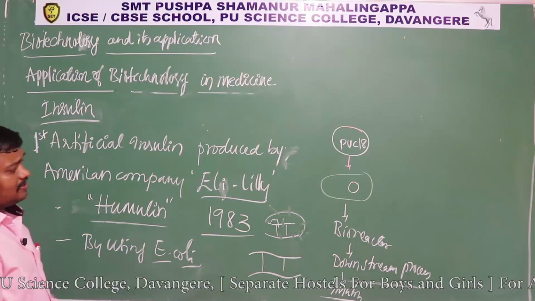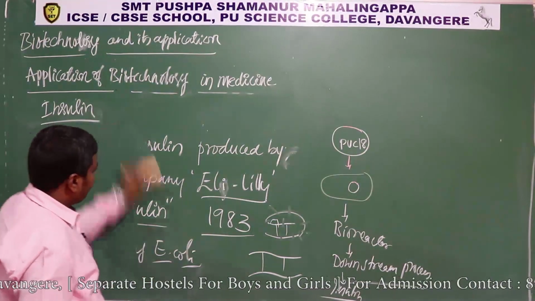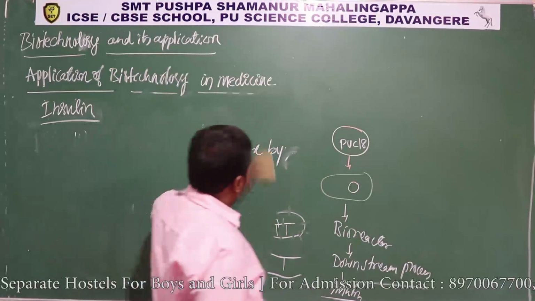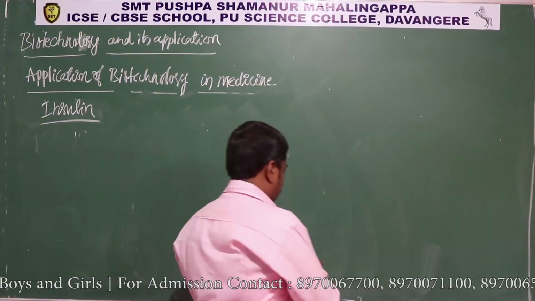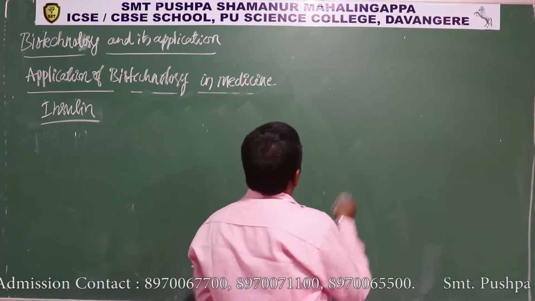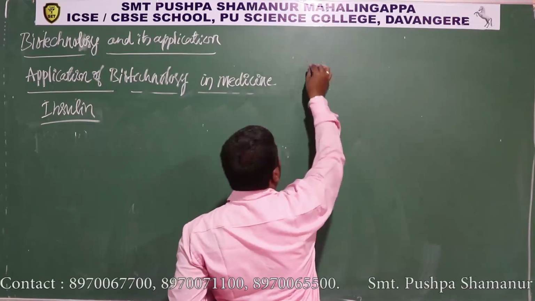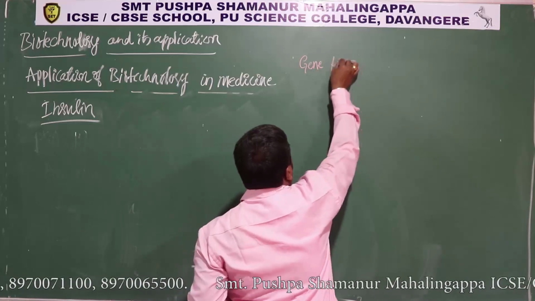Okay, so let's see how they produced this insulin, active insulin, directly. They isolated the gene for